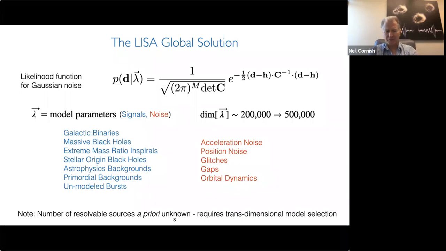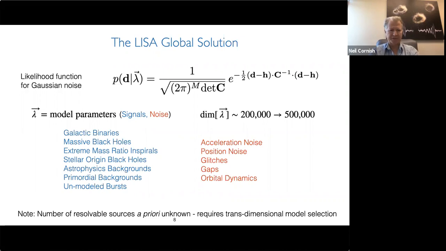We also have to model the orbital dynamics because that actually goes into setting up this virtual interferometry that we do with the time delay interferometry. So we need model parameters for all of those, and a rough estimate for a 4-year data set, the dimension of our model could be approaching 1 million parameters. So this is a quite challenging analysis, very different from the 10 or so parameters that we deal with currently in LIGO for a typical